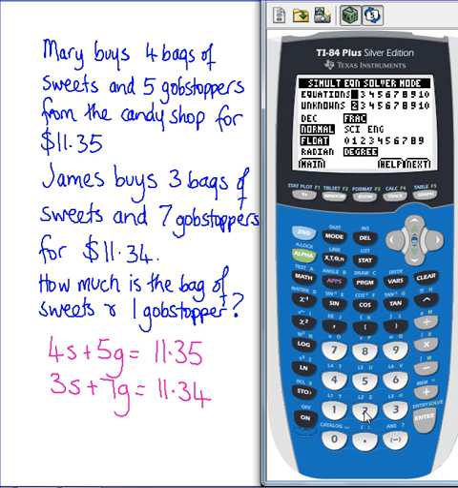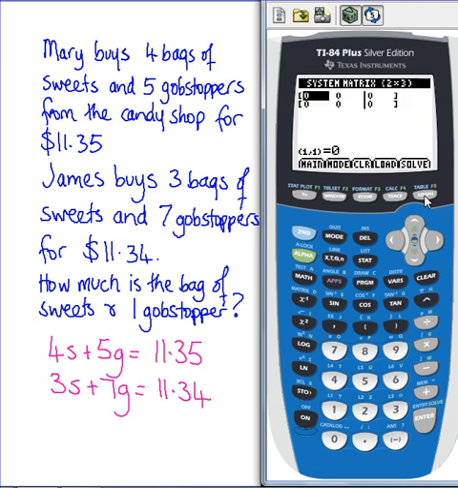Now the default screen for you guys is going to be fine. You're just going to go straight to next by hitting graph. And here's where you enter the equation. So the important thing to know about this is that the variables go on the left hand side, and the vertical line is the equal sign, and the answers go on the right hand side. And all we're entering is the numbers, the coefficients,